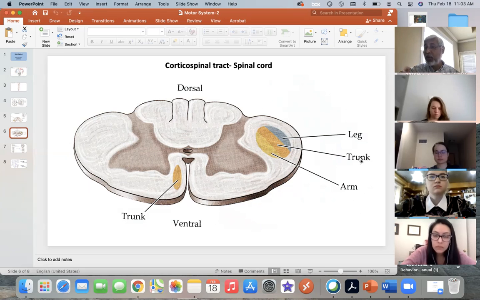Some of them will go to the muscle of the trunk as well, but some of them will go to the arm. But mainly these are distal muscles, not trunk muscles. So for the lateral corticospinal tract, the trunk is the least important area to go. Okay, so it will mainly cover the distal muscles, lateral corticospinal and anterior corticospinal. Now,